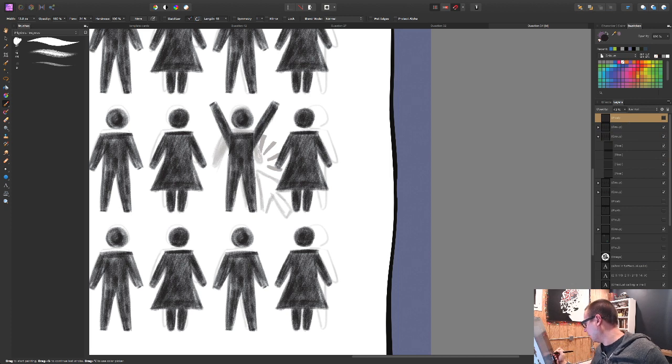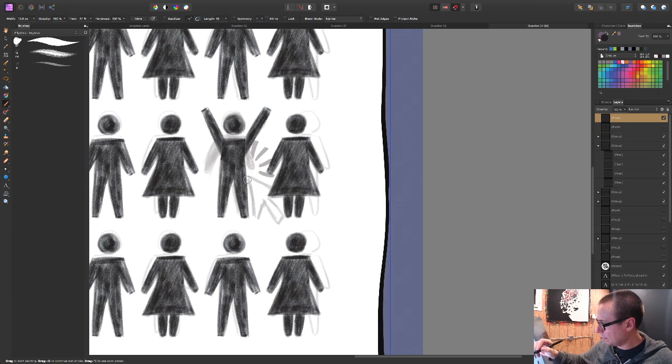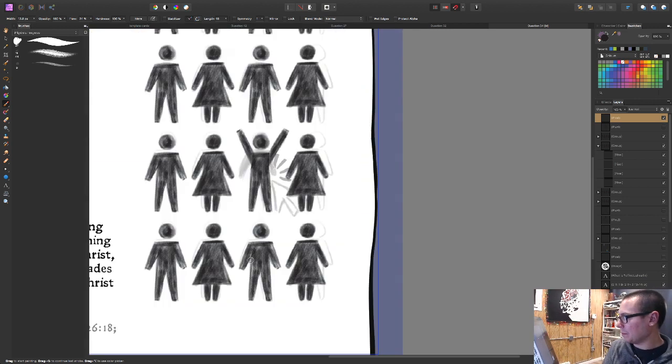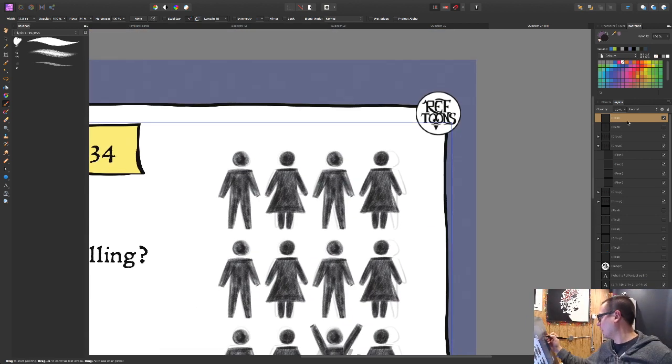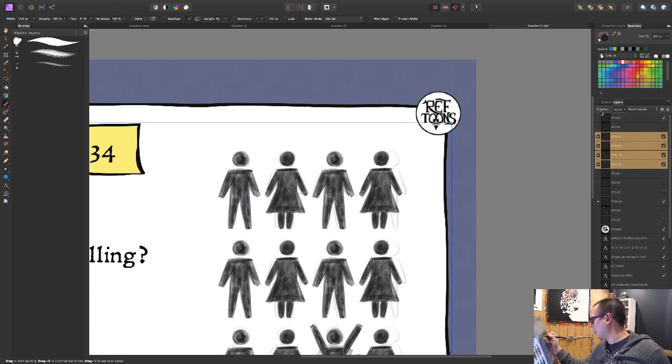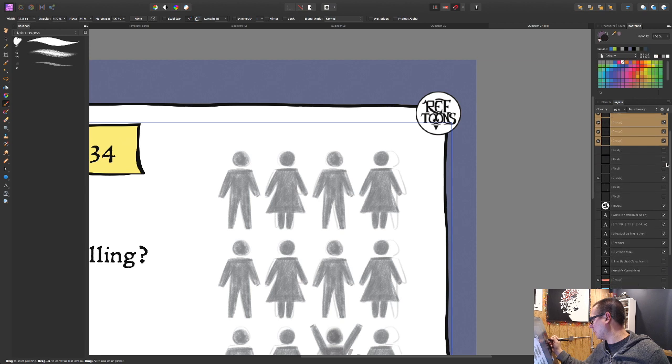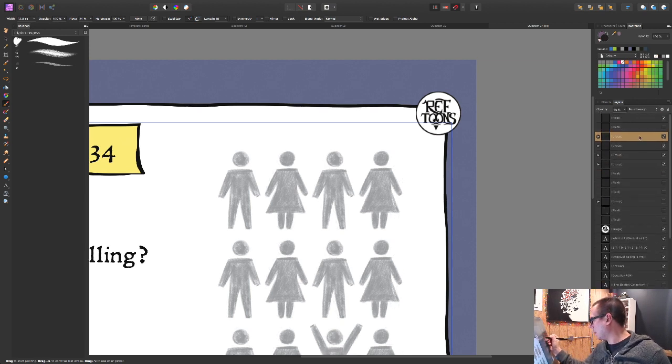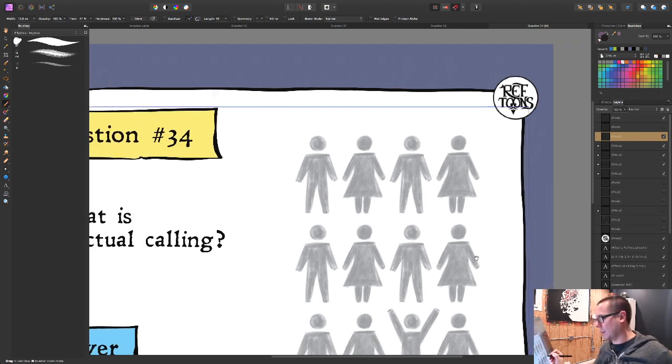Alright, now I can do... Well, now I can bring that opacity down. See, sometimes I think through these a little too much.